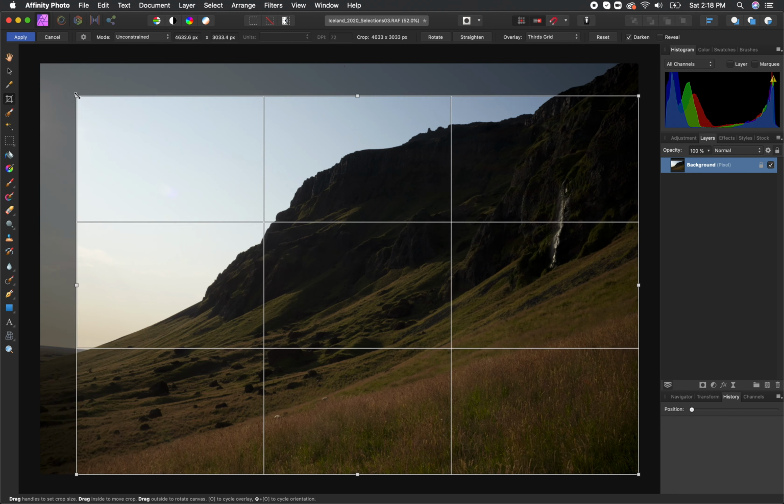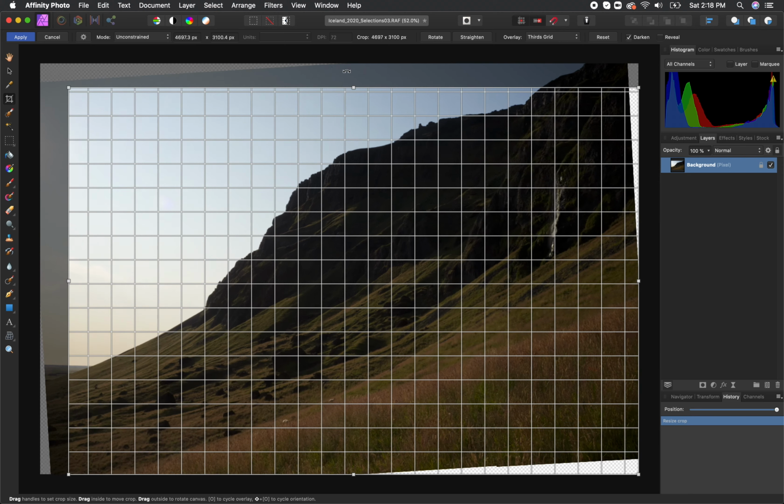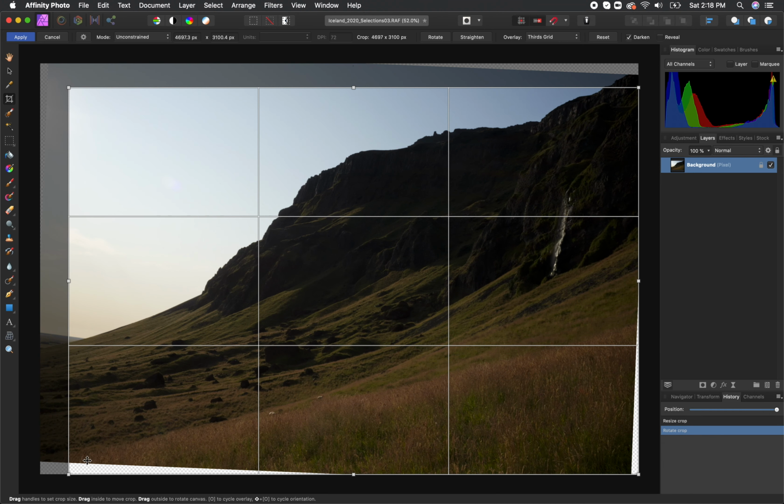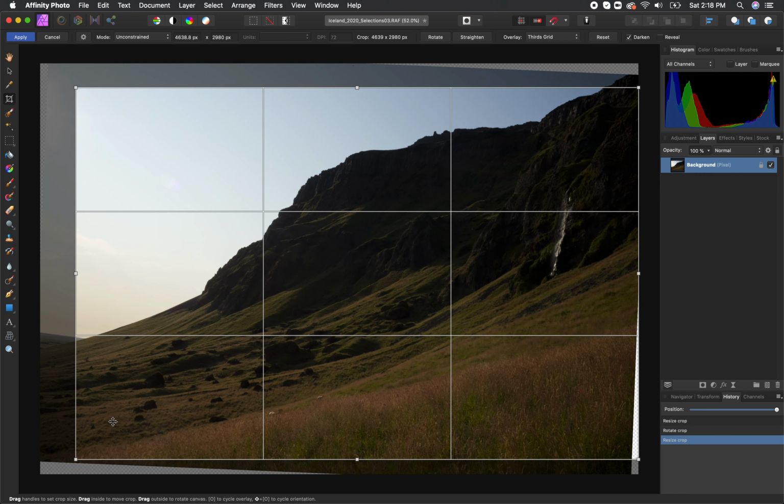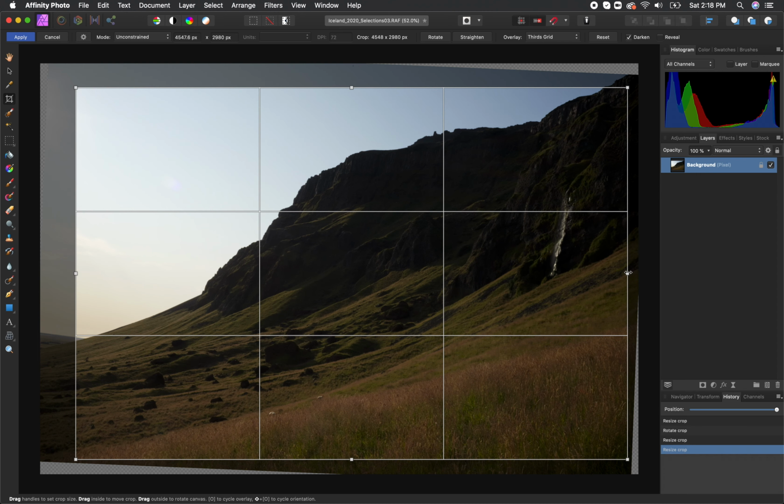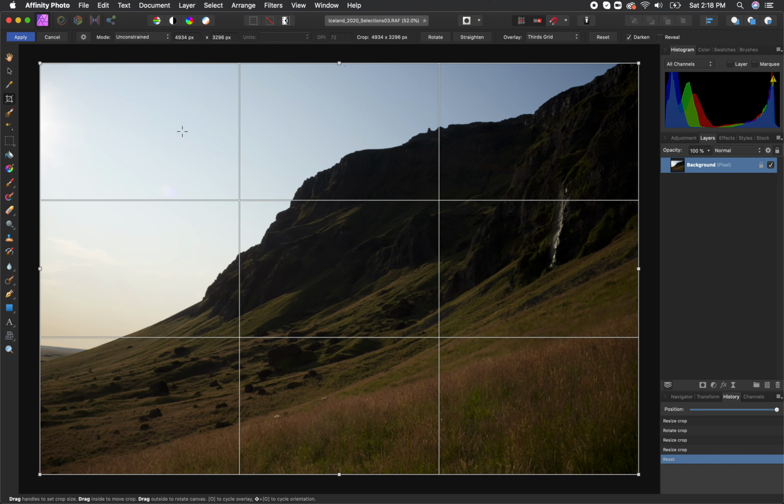Or if you hover outside of the borders until your cursor becomes a curved arrow, you can click and hold, drag left to right, and you can rotate the image, which is great for straightening it. Make sure to use the crop tool after rotating it to get rid of any white areas that appear. Up near the top of the window, you can also reset your crop if you need,